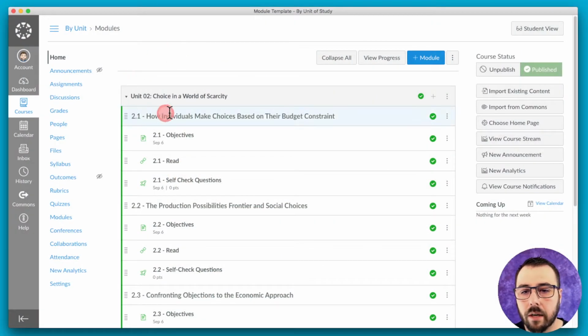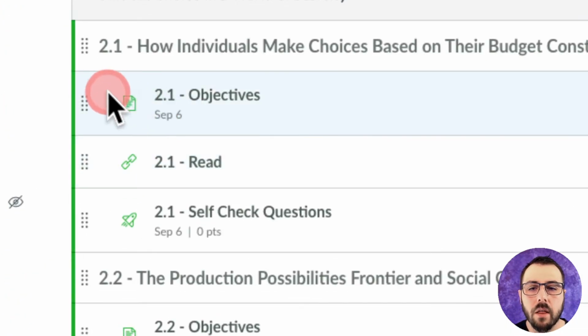Here, I've created several subheadings, and under each of those subheadings, I've indented each of the activities that the students will do with that section. So for example, for 2.1, they know that these are the 3 things that will be expected of them